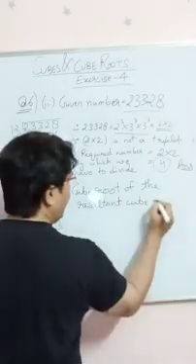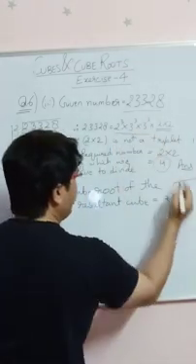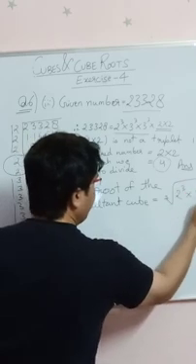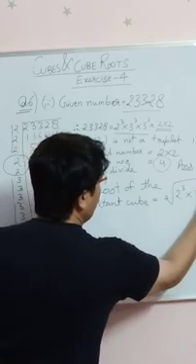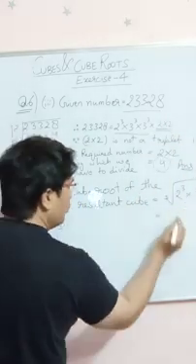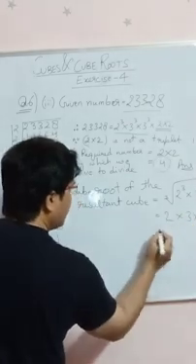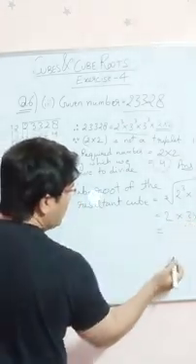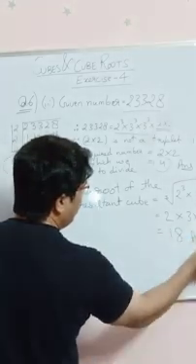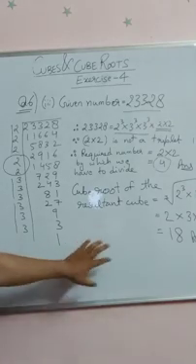It will be given by the cube root of, writing all these factors in the form of cube, 2 to the power 3 into 3 to the power 3 into 3 to the power 3, because we have already divided by 4, so this is gone. Taking 1 out from each cube, I am going to get 2 into 3 into 3. So the final answer is 2 into 3 is 6, 6 into 3 is 18. So the cube root of the resultant perfect cube is 18. With this, we are done with question number 6.